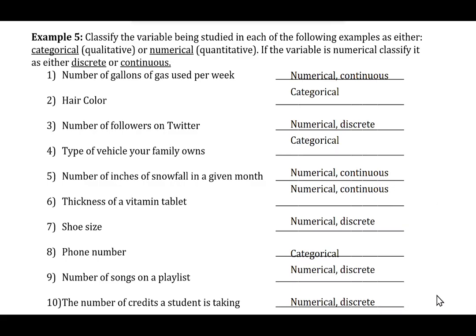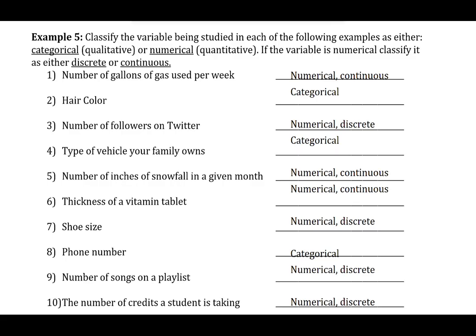Example 5 asks you to classify the variable being studied in each of the following examples as either categorical or qualitative, or numerical or quantitative. If the variable is numerical, then classify it as either discrete or continuous. These are pretty straightforward. I will let you know which questions or examples students tend to have some concerns about